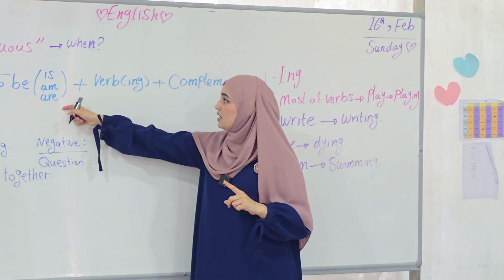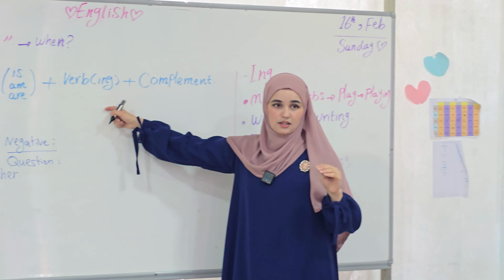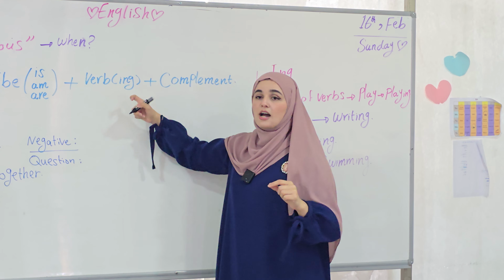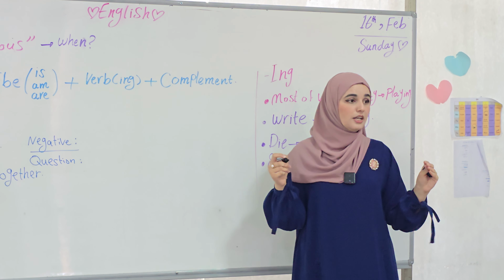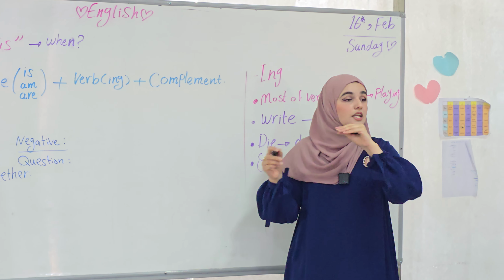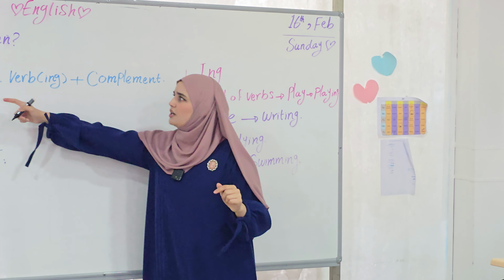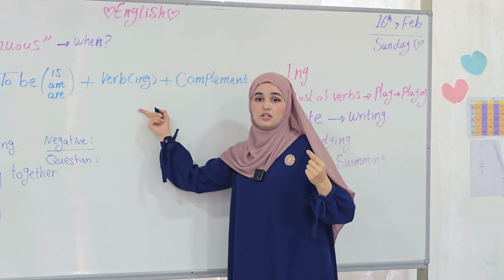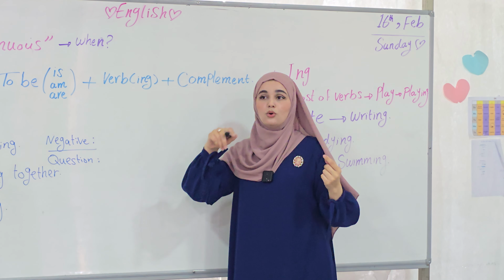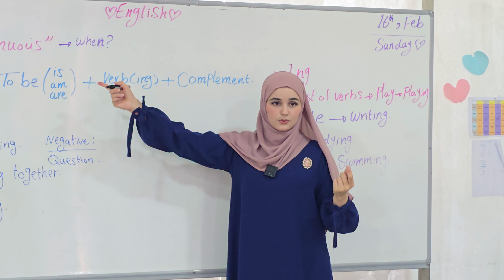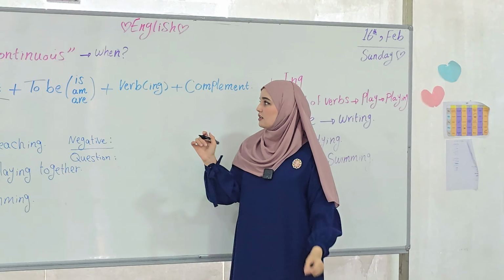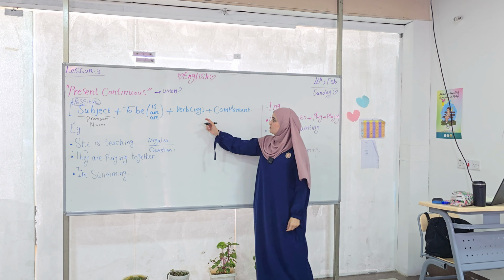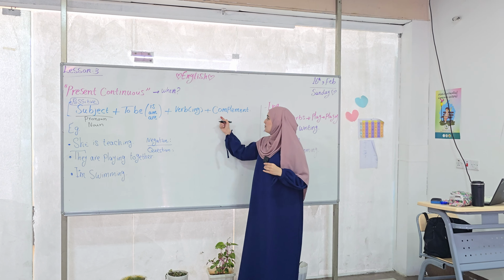Then, after the verb to be, we have the main verb of the sentence. It's called the main verb. We have a verb plus ing. The verb should have ing in it, and that's how you recognize that, oh, we have an is, let's say, then we have a verb that has ing. So right now I know this tense is present continuous. You can just recognize it so easily, which I'm going to be talking about how you add ing after this. Then after the ing comes the complement.